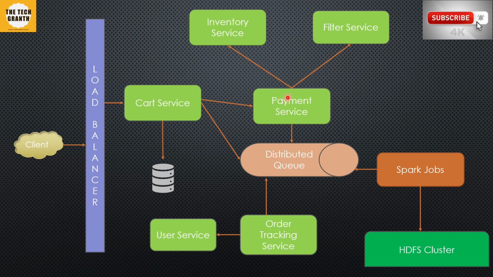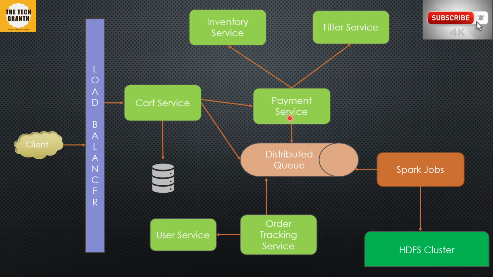So what will happen is the payment service will first talk to the filter service, and it will check whether this product is available in the nearby or serviceable location or not. And then it will go to the inventory and check whether that product is available in the inventory or not, or it can go either way basically. So these two requests can be redirected in either of the ways. That's up to you, however you design. It makes sense to go to the inventory first, and then go to the filter service. And once you have a positive nod from both these services that yes, it is available, yes, it is serviceable,